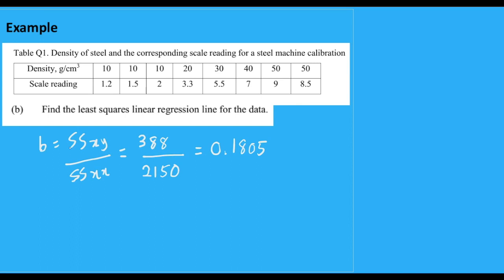0.1805. So in order to find the value of a, we need to find x bar, which is the summation of x, 220, divided by n, which is 8. And this gives us 27.5. Also, we need to find the value of y bar, which is the summation of y, 38, divided by n, which gives us